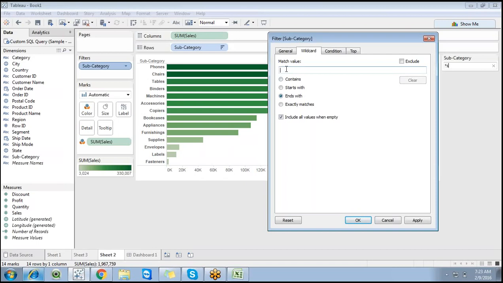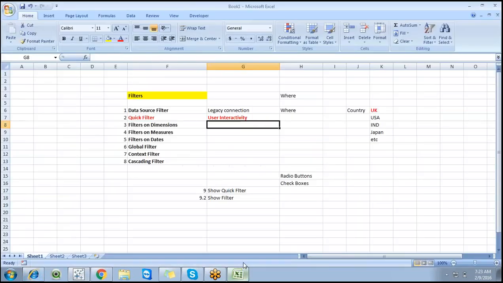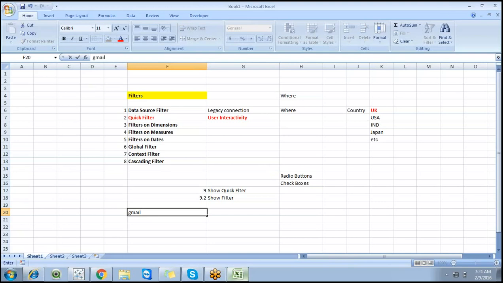Normally if you're working with different clients, let us take a simple example. I have users using Gmail, so the extension is like some X person at the rate gmail.com.